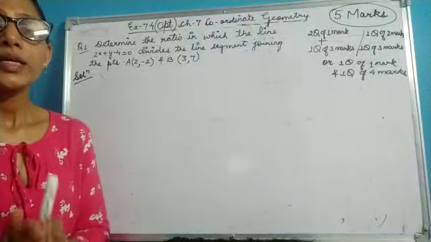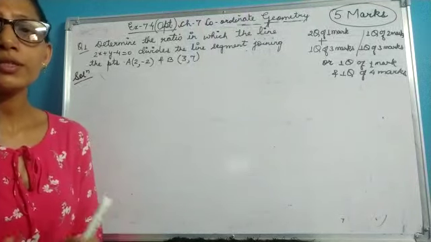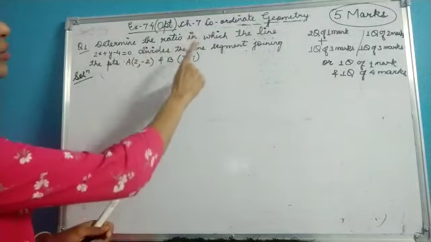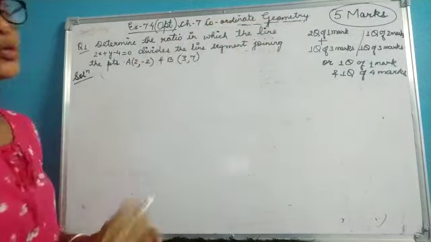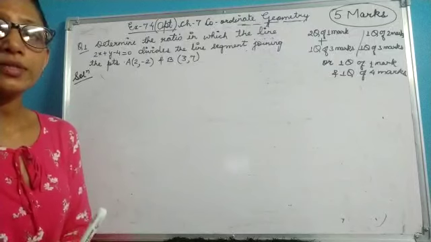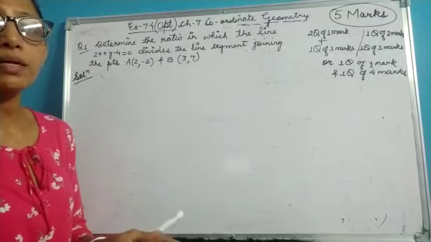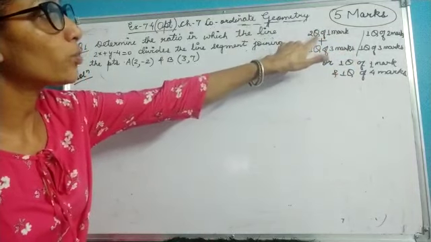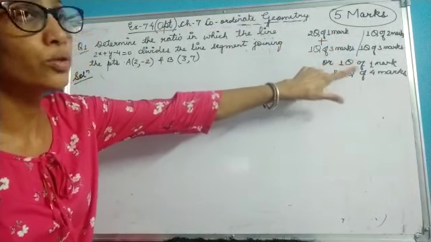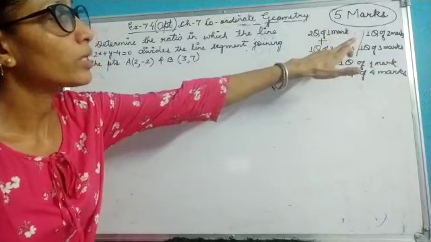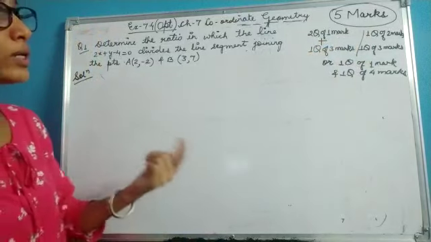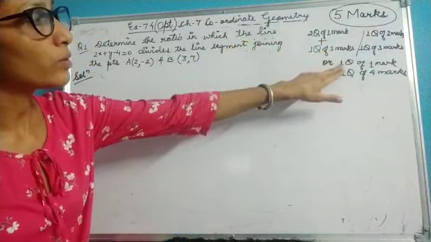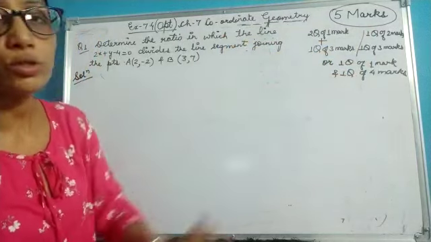Welcome back, children. In this video we are going to do 7.4, that is your optional exercise. Now see children, in your board this coordinate geometry chapter has a weightage of 5 marks and board can bifurcate into these 3 ways. Either you can get 2 questions of 1 mark and 1 question of 3 marks, or you can get 1 question of 2 marks and 1 question of 3 marks, so it will make again 5. Or you can get 1 question of 1 mark and 1 question of 4 marks.